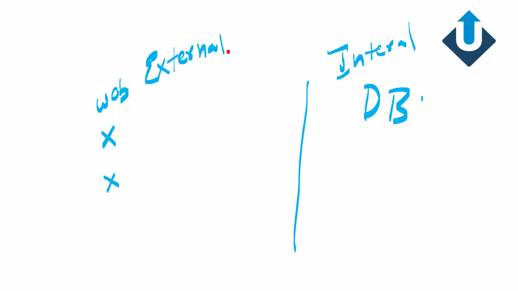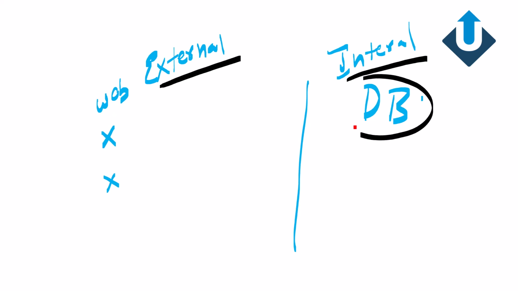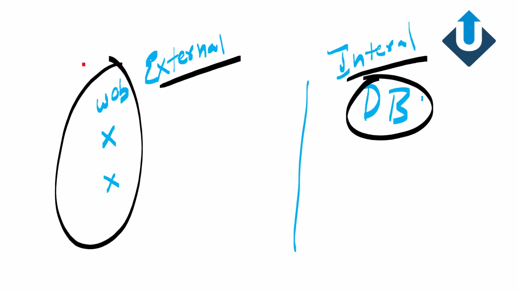Okay, external, that means they are not on AWS. In case it is not AWS, let's understand some other, let's say on-premises data center also. We have a database internal, and we have some other services external. Now let's say if any of these services has to communicate with the database, we have to allow this traffic inside